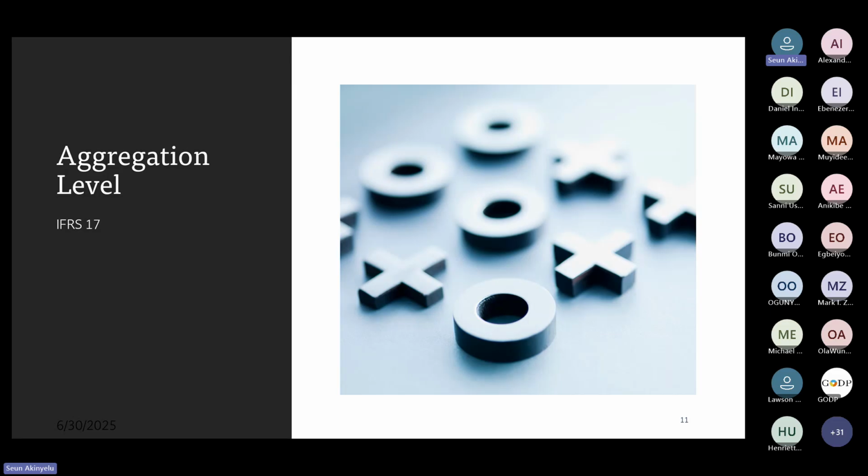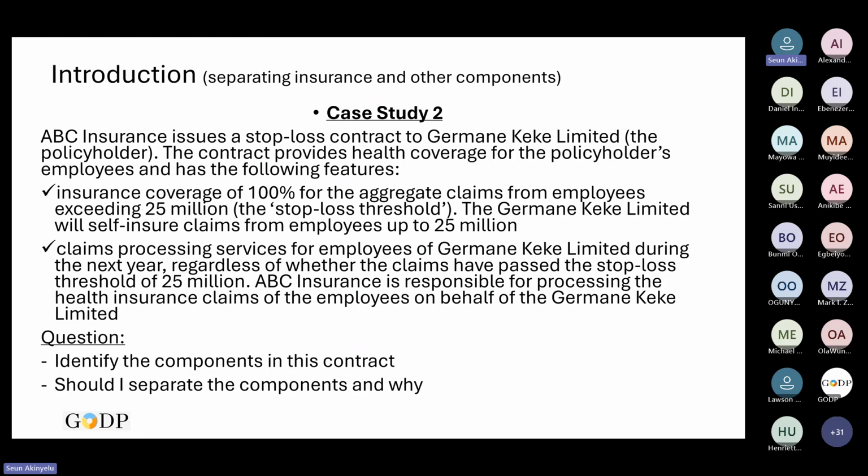So how do we now aggregate? Now we understand that we are supposed to separate an insurance contract from other components, whether those components are investment components, embedded derivatives, or other. So in the example I just printed here, if I separate it, what are the two components? One, there is the insurance contract. The second component is a service agreement. And that service agreement is within the scope of IFRS 15, meaning it is revenue. It's as if we are doing normal service and we will account for it using IFRS 15. So within this contract, there's IFRS 17 and there's IFRS 15. So basically that is other.